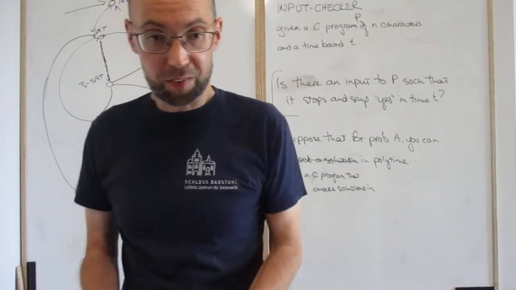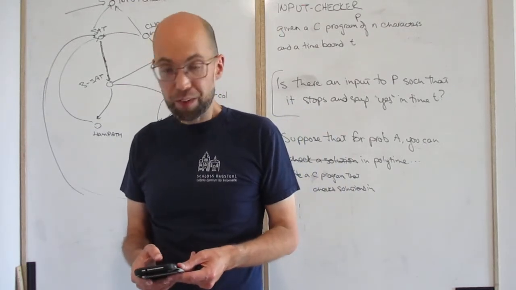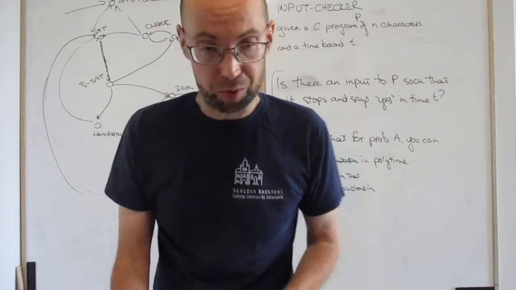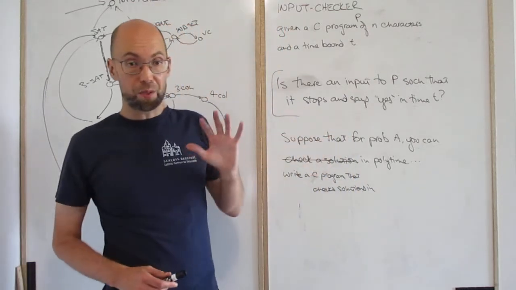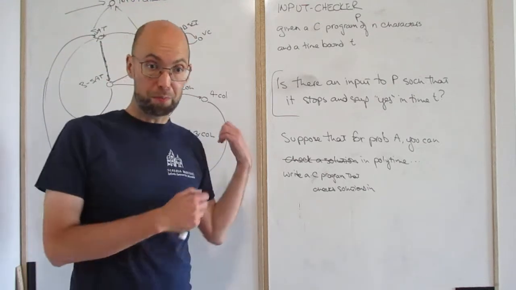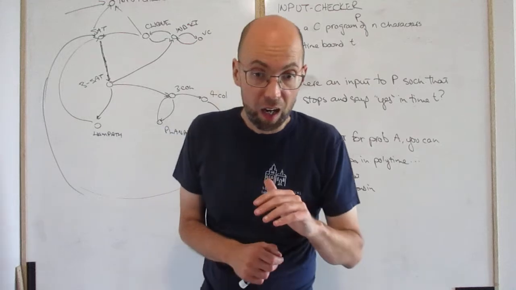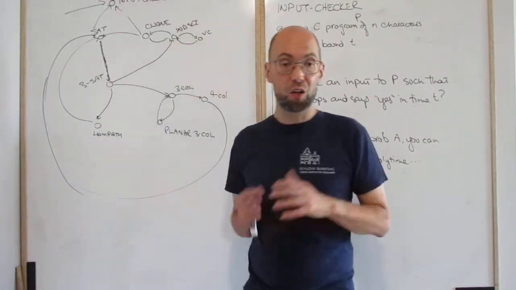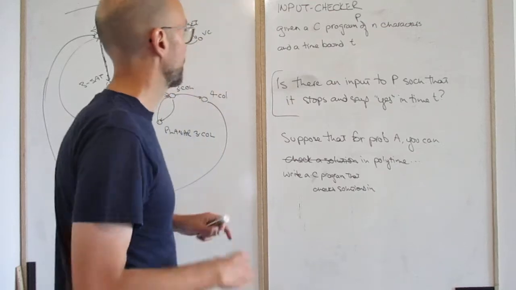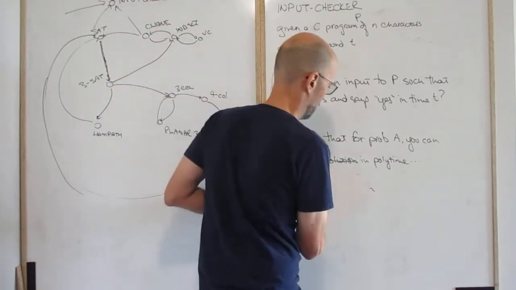Okay. All of these things reduce everything, all problems, not the halting problem. The halting problem doesn't reduce to the input checker. But all of the problems for which we can check a solution in polynomial time reduce to the input checker. If we could solve input checker, we could solve all of these. Okay, now Cook's theorem says